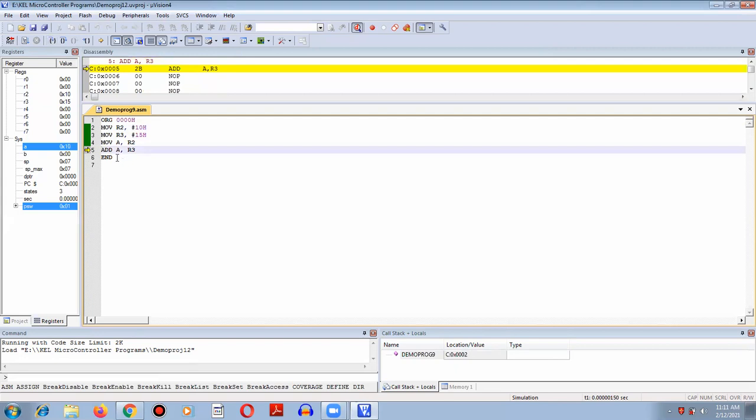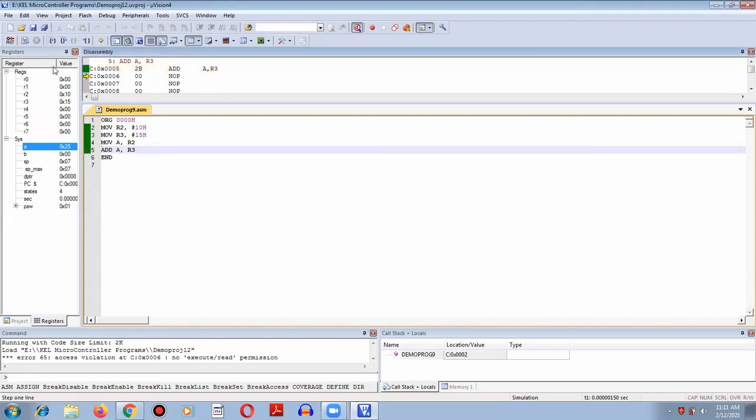Now here the process of carrying out the addition of the number which is inside the R3 with the accumulator happens, and at the end the accumulator will contain the addition of two numbers, that is 10 plus 15. So we can see the number 25 over here. This is how we are going to run the simulation code with the 8051 microcontroller. And with this, I hope it is clear to you. Basically, this is the entire process which we carry out for running a microcontroller program on the Keil Microvision 4 software. Thank you very much.